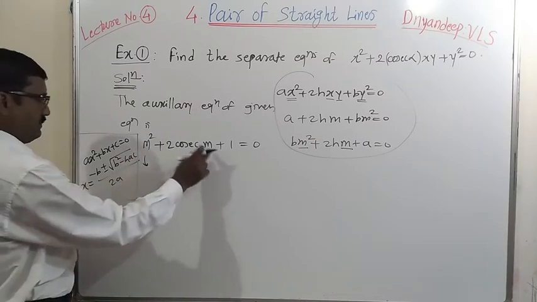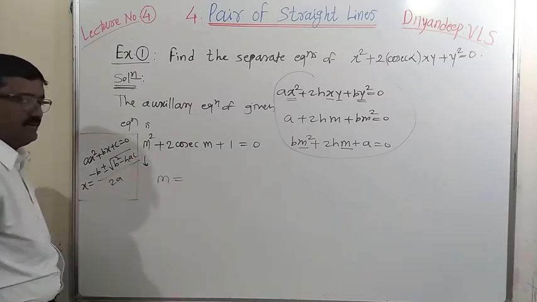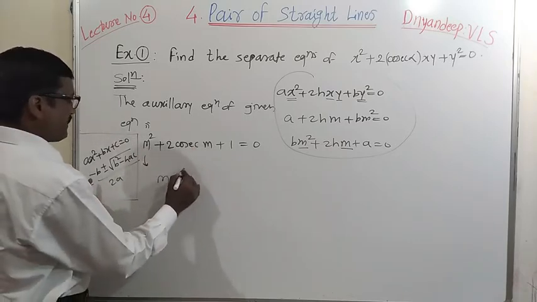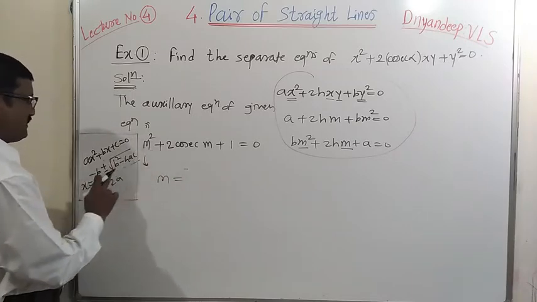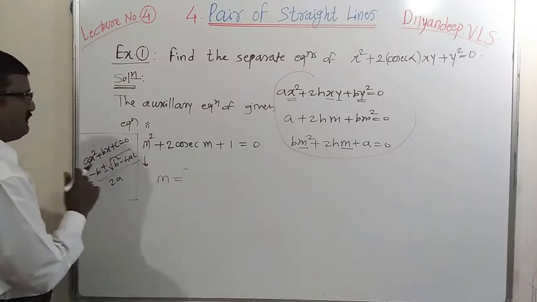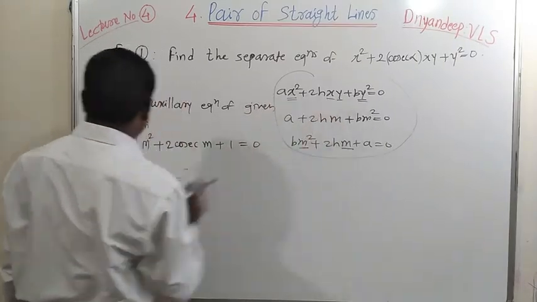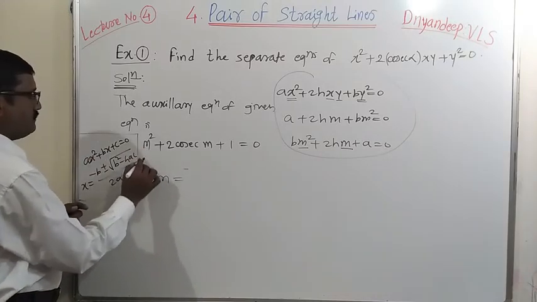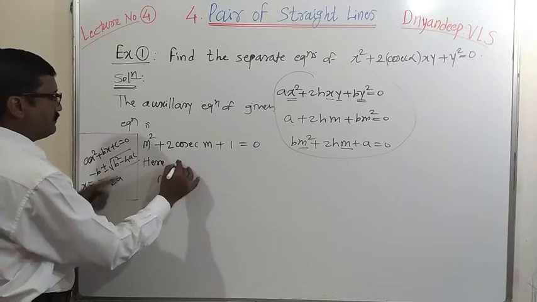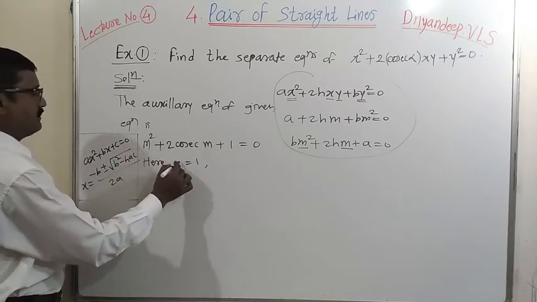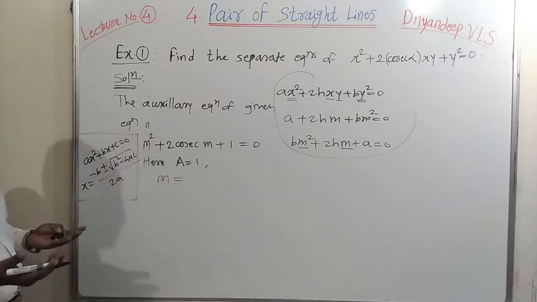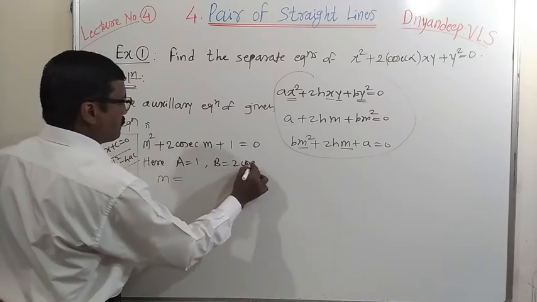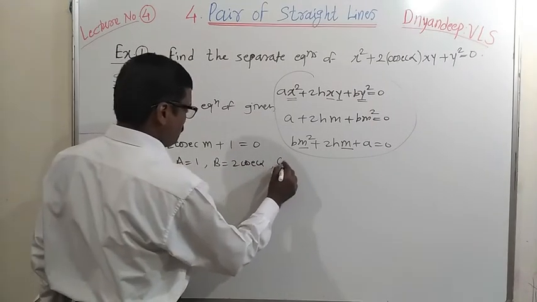Here the quadratic equation is in variable m, so we will write its roots as m. This m is nothing but the general root or one of the two roots, and that will be, by formula, minus b. Now here if you compare this equation with this, then the small a, b, c are different from the actual a, b, h. So we will use these values here. Let us compare this with capital letters; you can take small values or capital values. Capital A equal to 1, capital B is equal to 2 cosec alpha, and capital C is equal to 1.